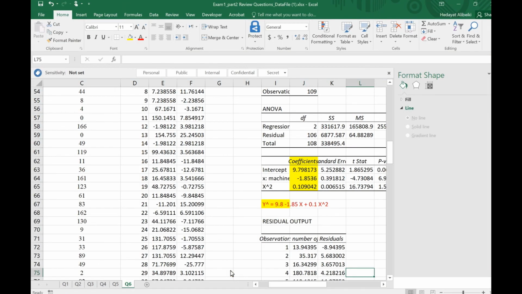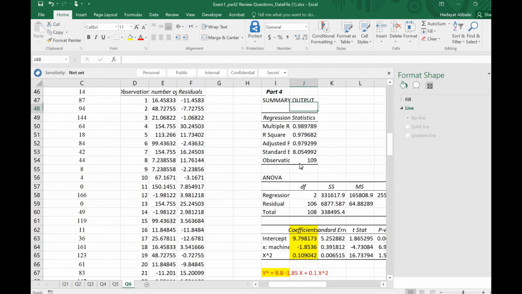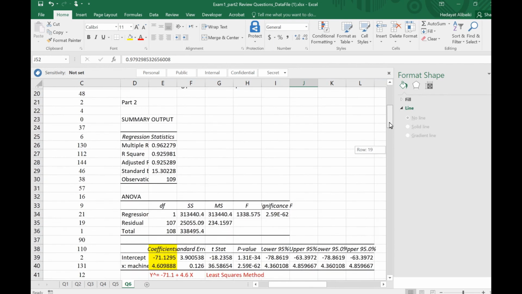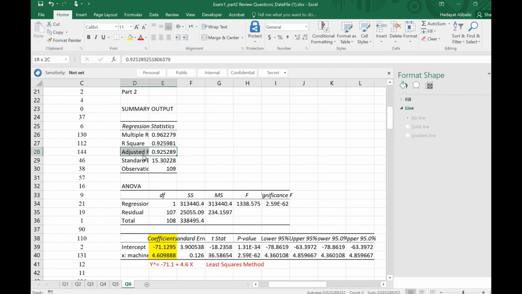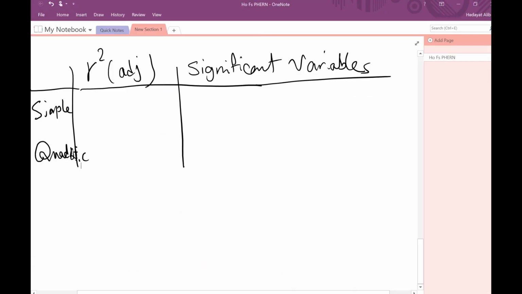So this one, the quadratic model actually gives an adjusted R squared of 98%. 98, let me just check the other one too. 98, and the other one is 92 almost, I would say 92.5. So if I go back to my here, simple was 92%. This one was 98%. And then if I check the p-values,